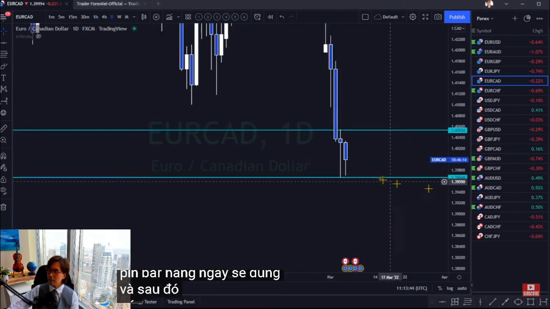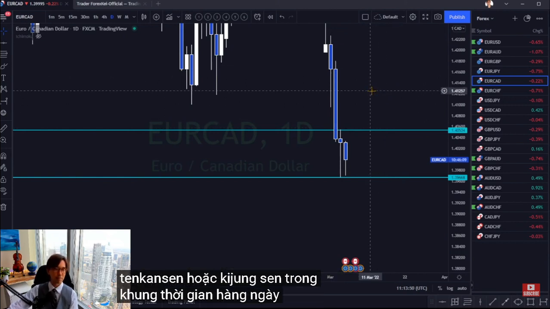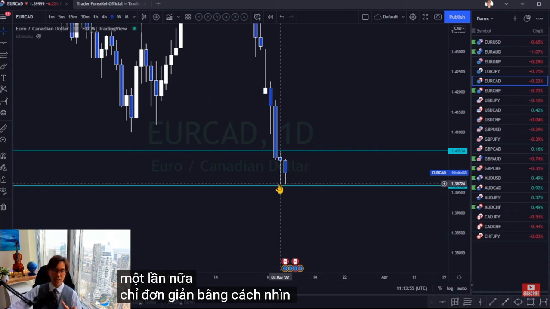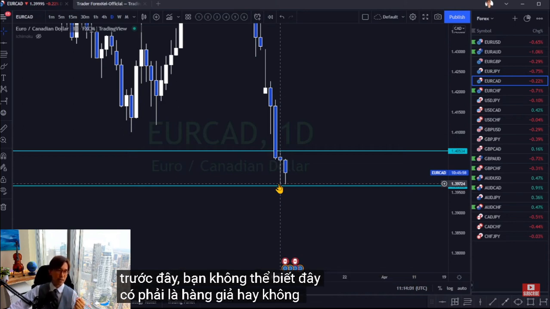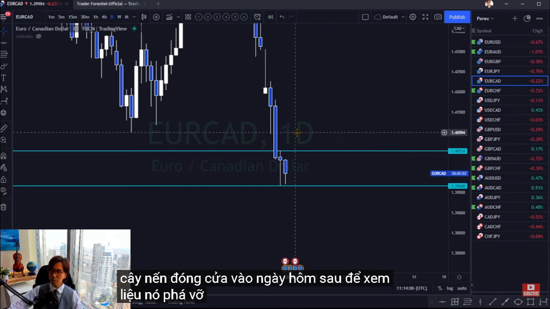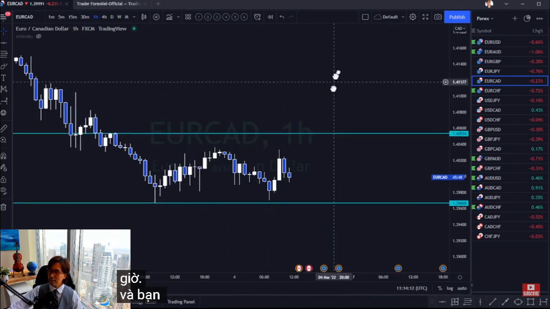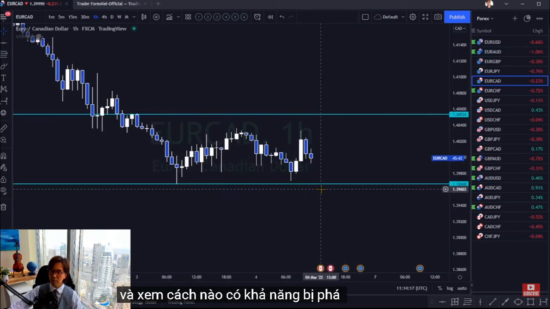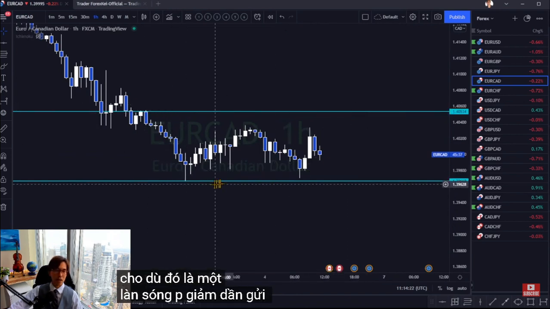And afterwards, it retraces backwards all the way to either Tenkan-sen or Kijun-sen in the daily time frame. So once again, simply by looking at this pin bar previously, you can't tell whether this will be a fake or not until you see the candle close on the next day to see whether it breaks bullish or bearish. Or you can look at the lower time frame, the 1 hour, and see the candlestick pattern,